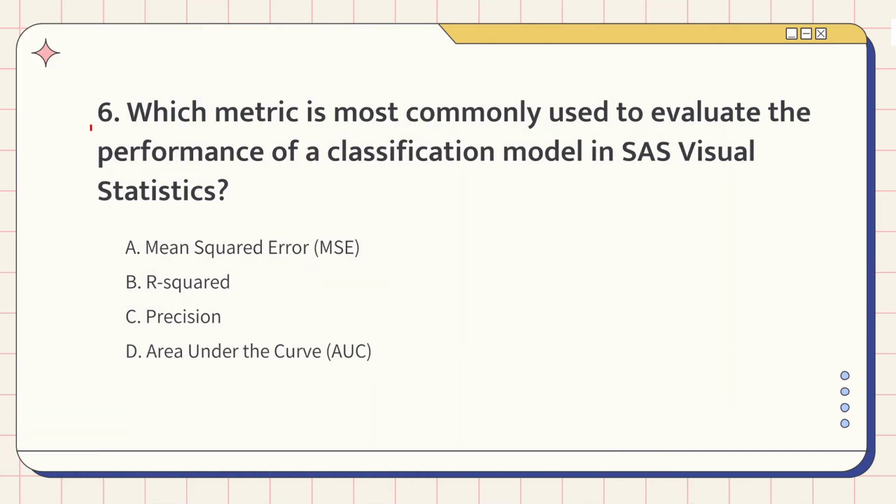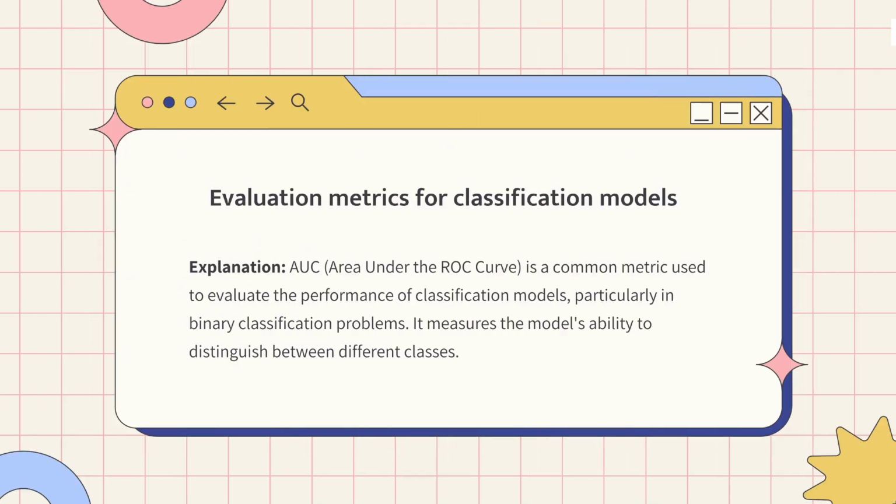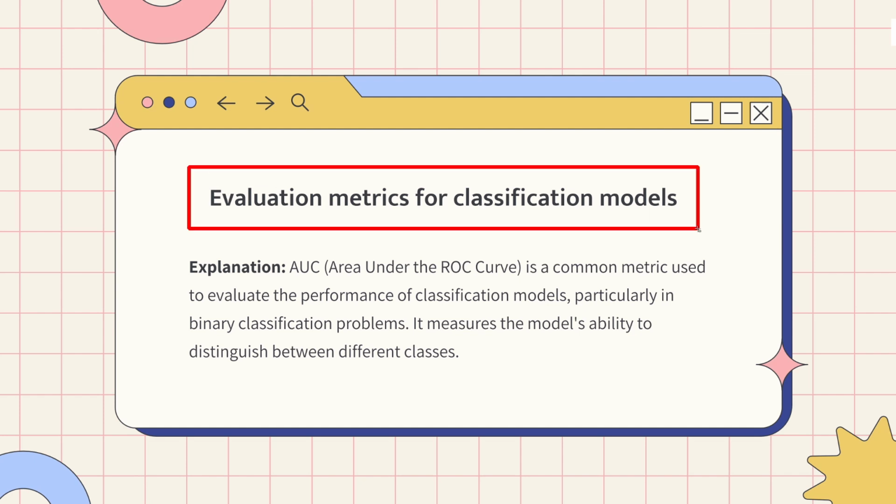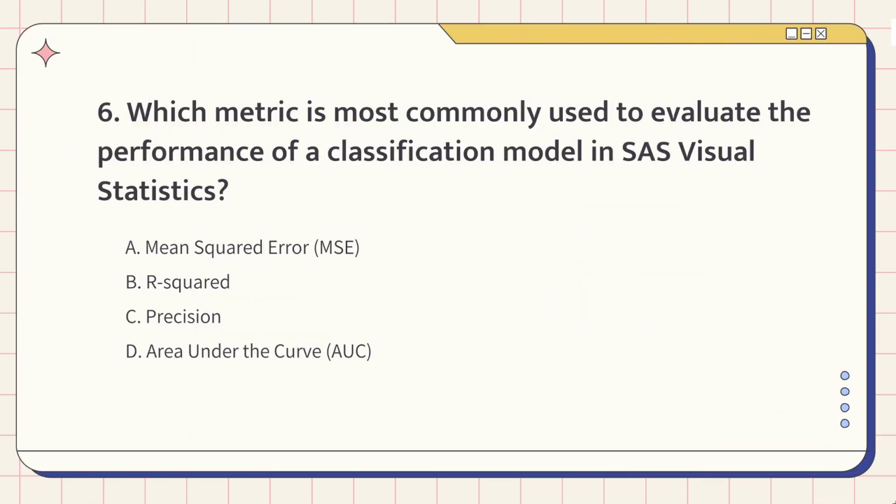Question 6. Which metric is most commonly used to evaluate the performance of a classification model in SAS Visual Statistics? This question tests evaluating classification models. The knowledge points of this question are evaluation metrics for classification models. The AUC is a popular way to see how well a classification model is working, especially when you're dealing with two categories. So the correct answer is